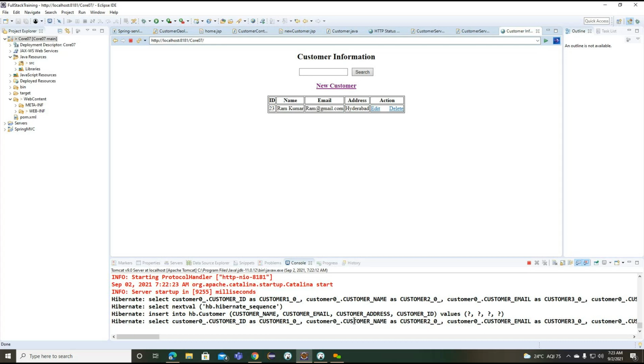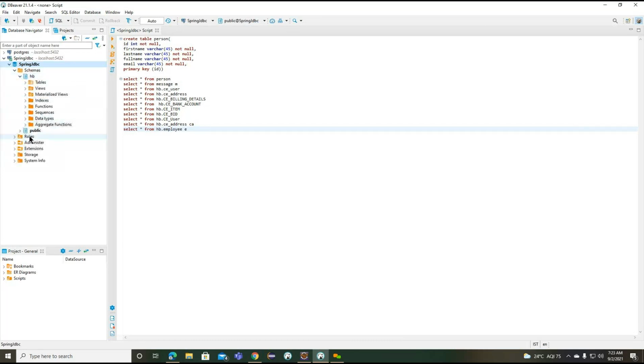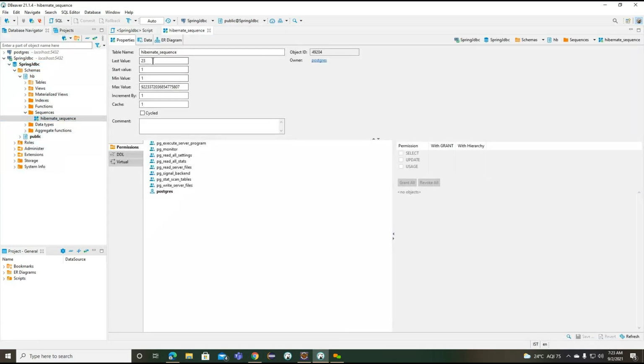So why are we getting 23 here? Because of the sequence, how many sequence we are having currently. To understand the sequence, we can go to JDBC and inside the HB, where are the sequences? Hibernate sequences here.